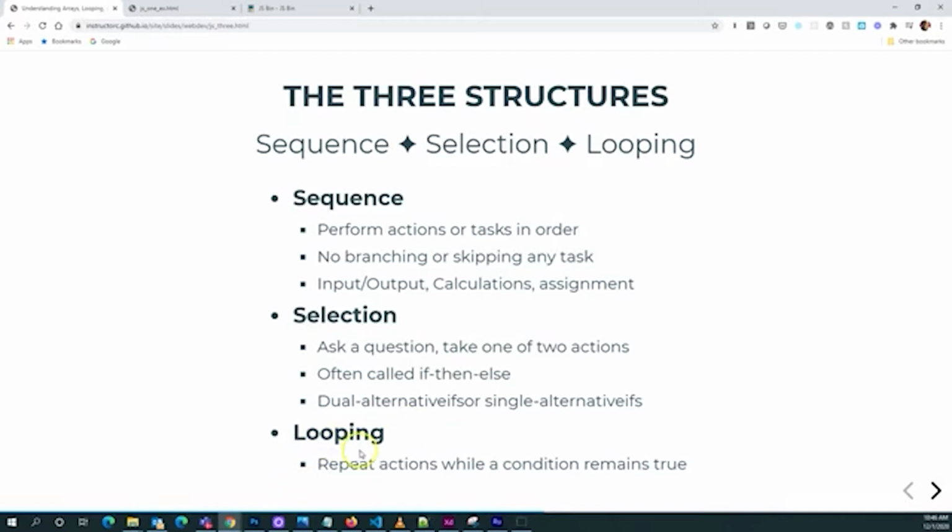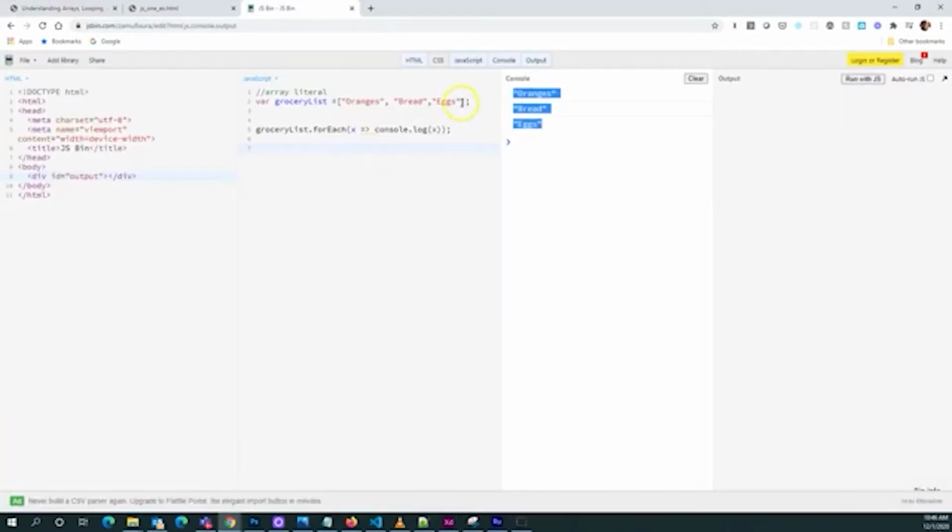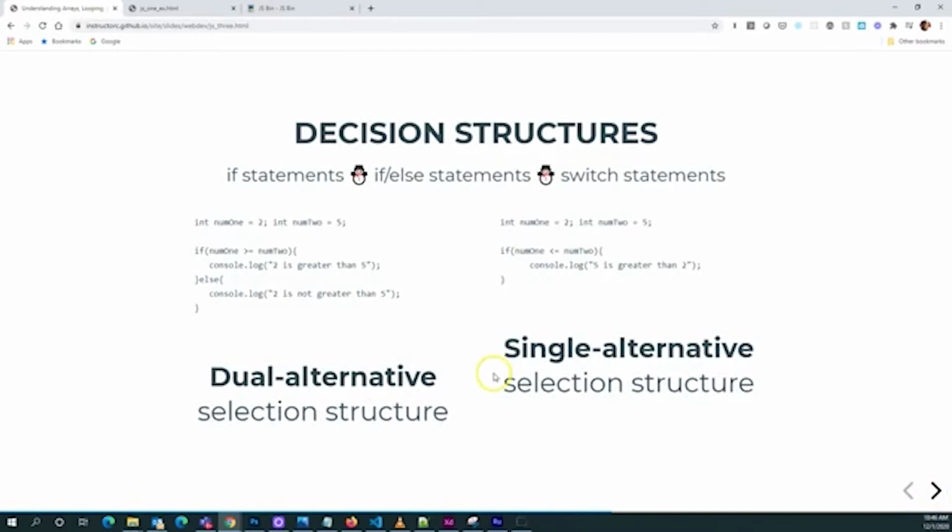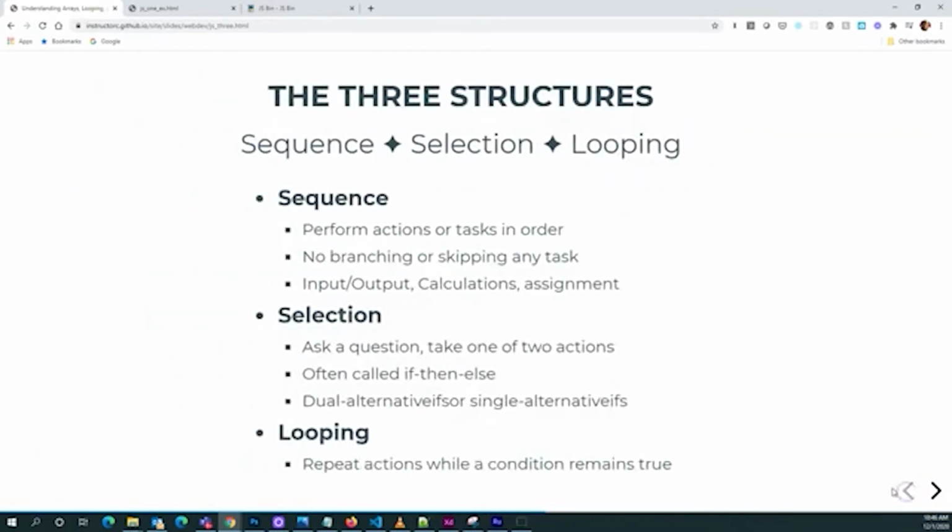And then looping is when you want to process something, right? We did an example of that with our code here, where we wanted to basically iterate through all the items in the list. And we use the looping structure. This is a for each. And we're going to talk about some other structures, such as the while loop, the do while loop, the for loop. And a lot of other languages have different ways of doing it here. But in JavaScript, some of the primary ways is using the for each, the for loop, the while loop, and the do while loop. So let's take a look at some of the syntax when it comes to the selection